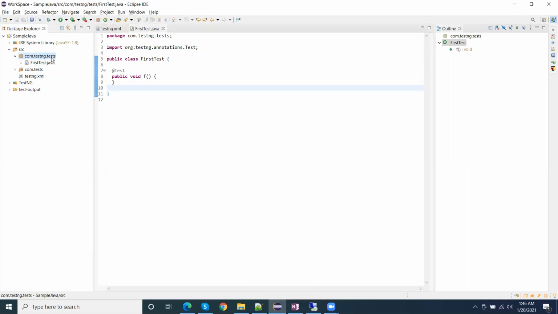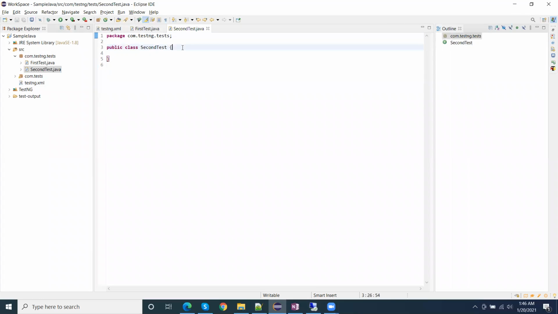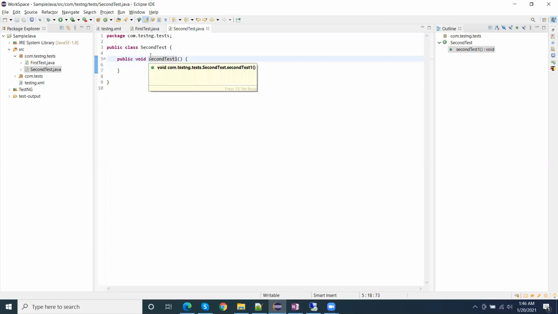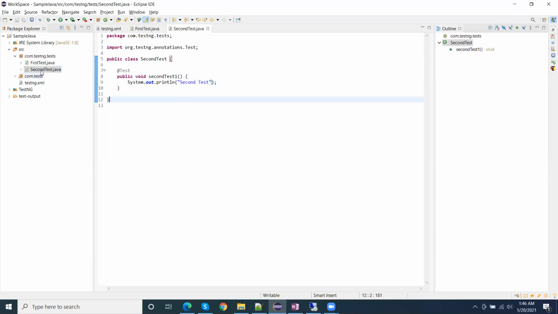Let me create one more Java file, second test. And here I'm going to create a TestNG test method, like second test one, with the @Test annotation.